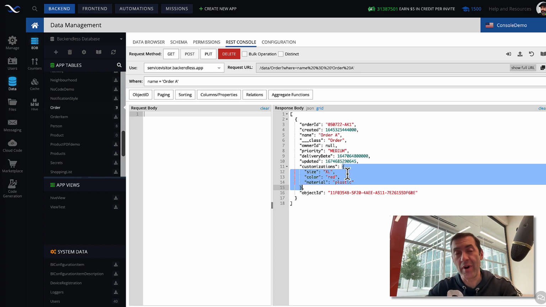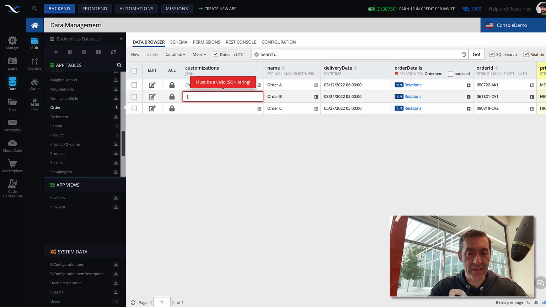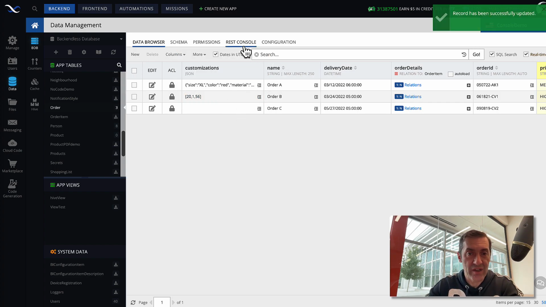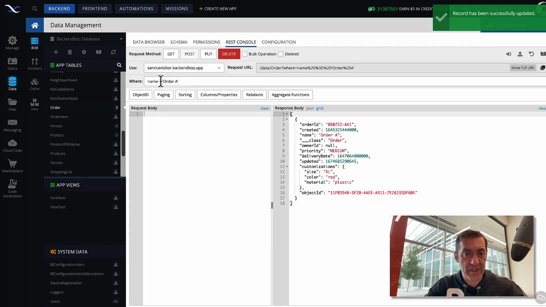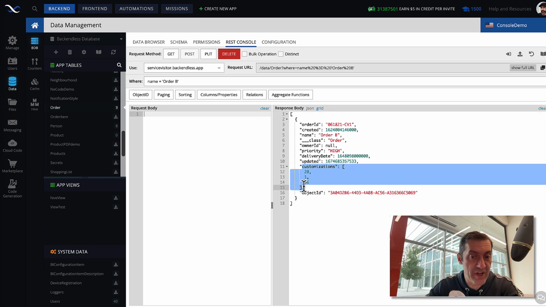If some other record references a JSON that is a completely different format, and it can be, this will be just fine. It will work the same way. Whether it's a good idea or not will really depend on what your application is doing, but nothing will stop you from, let's say, declaring in here, of course it is not a product customization, an array of integers. And it's going to be order B, so let's request order B. See, the customizations is now an array of integers.